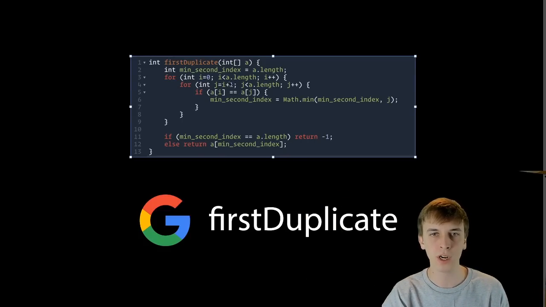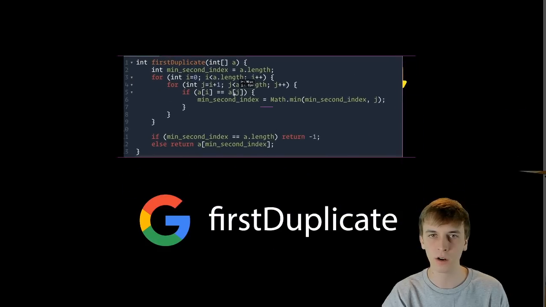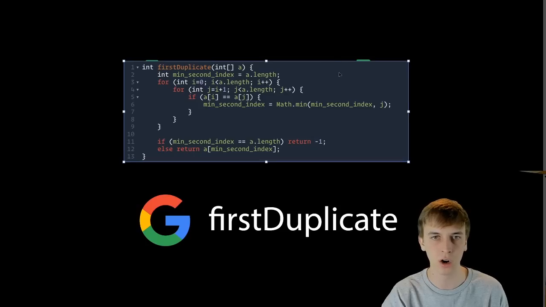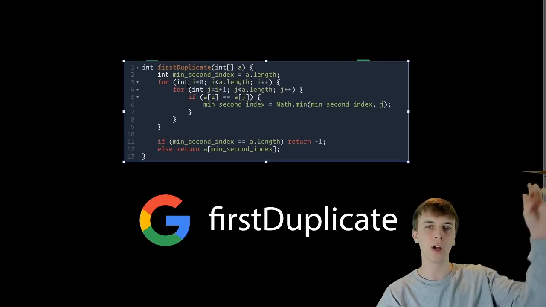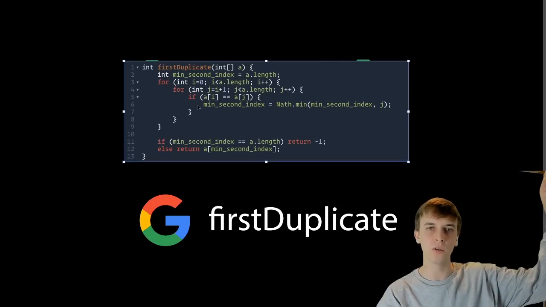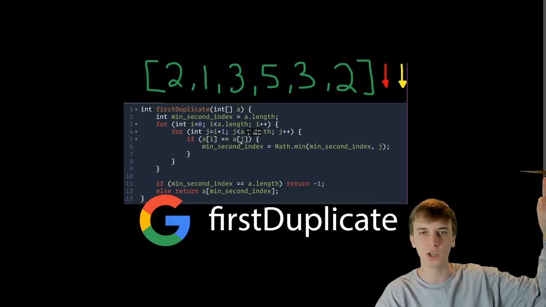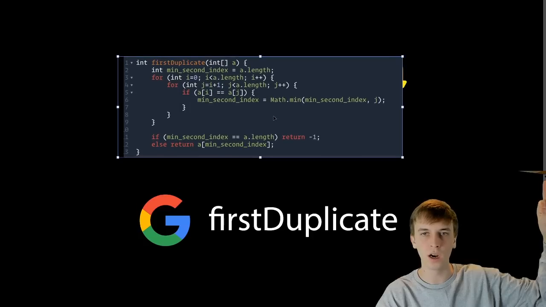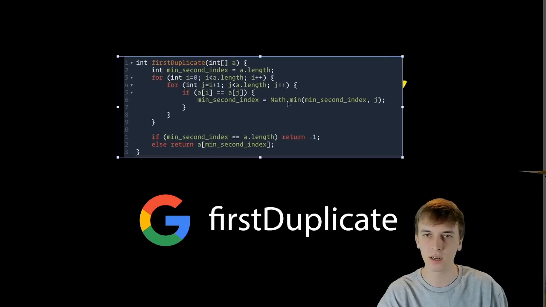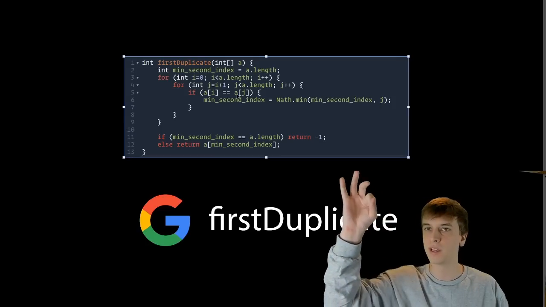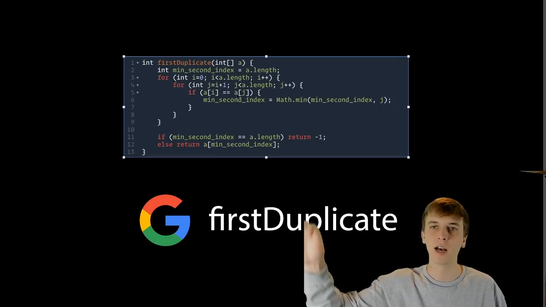This outer loop would be our red pointer, like our red arrow, and this inner loop, the J, would be our yellow arrow. So the red arrow, and then the yellow arrow goes one at a time, looks for all the duplicates. If they match up, then we update that minimum, just like we did a second ago. And we update it with the minimum of J, which would be the yellow arrow, looking for that second value,